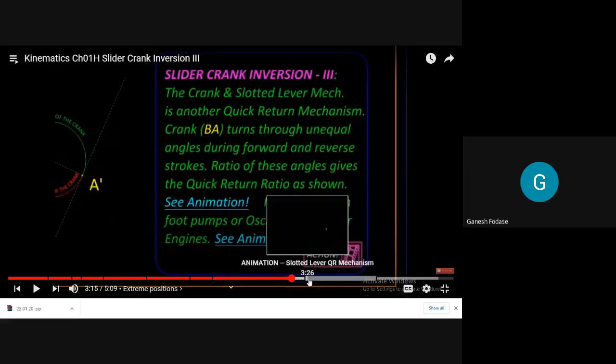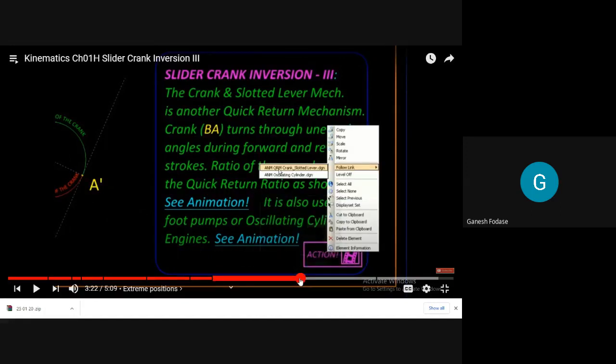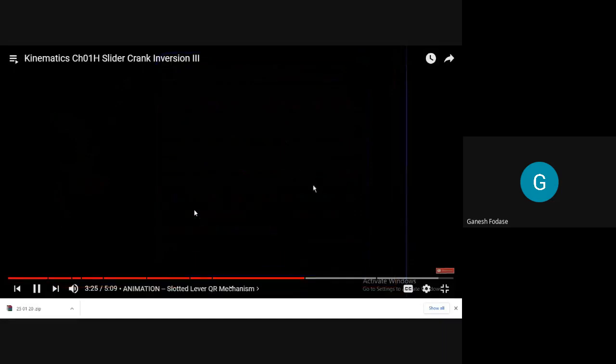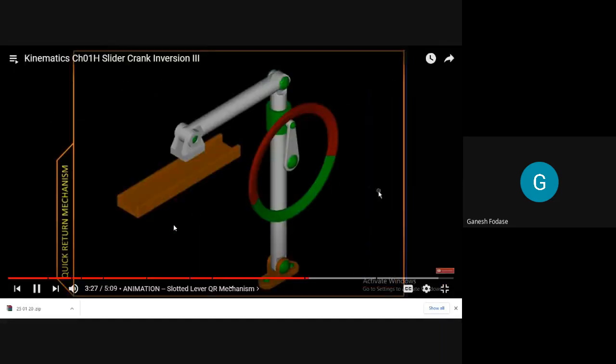Now we can see this animation, basically how this mechanism looks like in 3D. You can see now, again, it is the same mechanism. This is the crank. This one is the slider. In this case, it is sliding over this guide. So this one is your oscillating link. This is your connecting link. And at the end, we attach some tool to cut some part. Now observe the forward and return stroke carefully here.